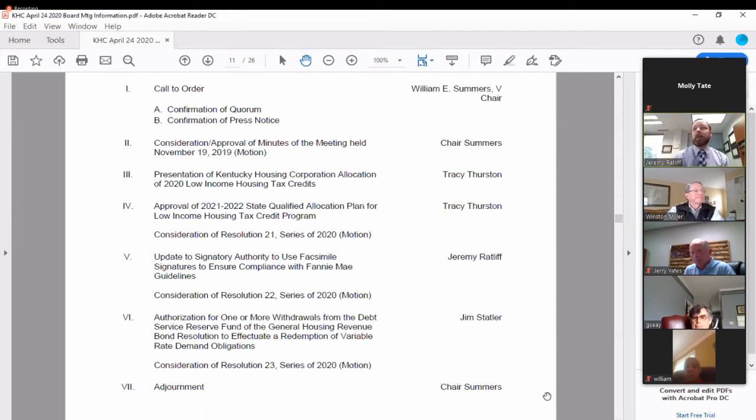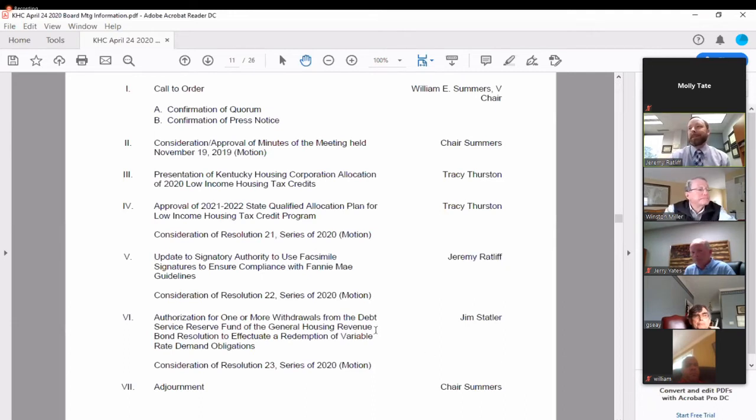Following that action, it was necessary for the corporation to make some designations of facsimile signatory authority for Fannie Mae loans. This is important for our single family lending division of the corporation to conduct business. That motion was passed. And the final item of action during that meeting was to authorize,